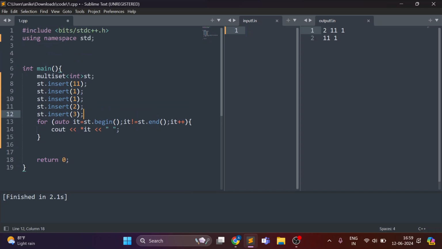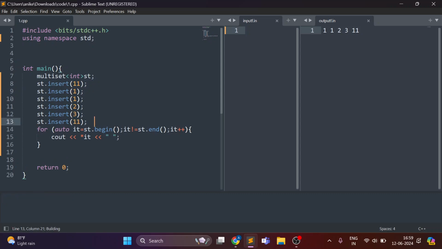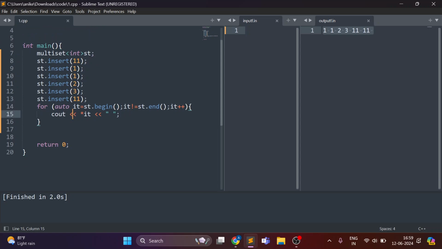So how to declare a multiset? You just have to write the keyword multiset, int, and st. Now if you see here, after printing this, there are multiple occurrences of the same element. So if I insert this again, it stores multiple occurrences of an element, plus all of them are stored in sorted order. Now functions: the first function is insert itself, and the internal implementation for multiset is also based on a red black tree, similar to set,